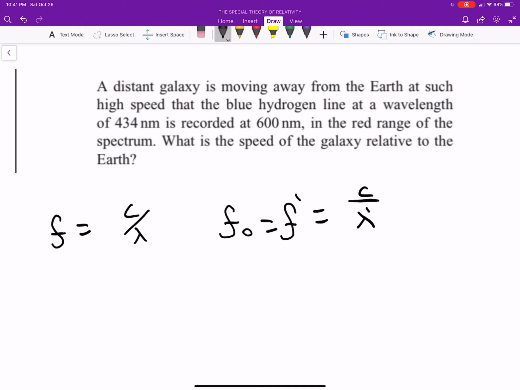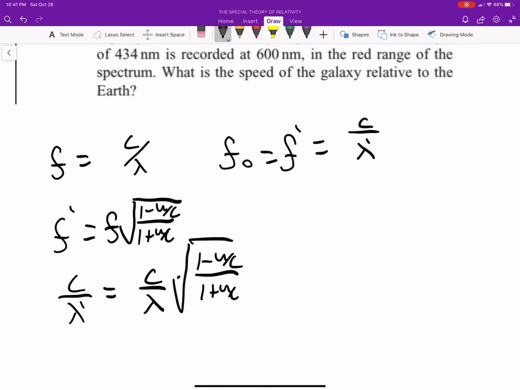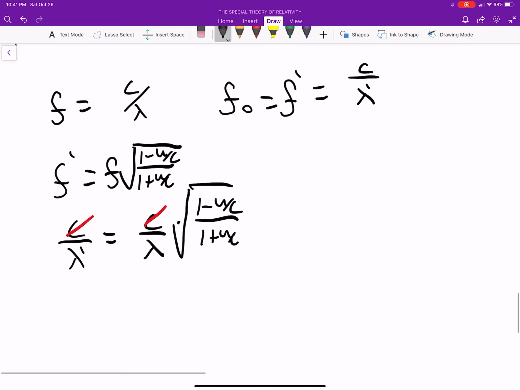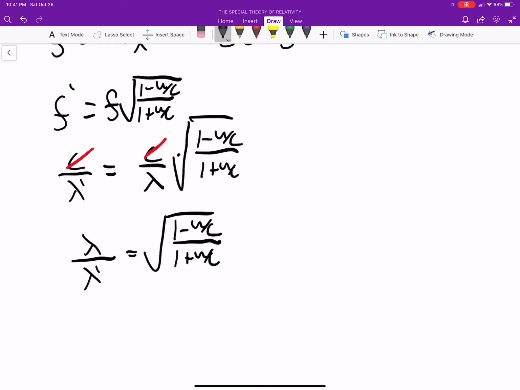So, if we were to do f prime equals f times the square root of 1 minus u over c divided by 1 plus u over c, what do we get? We get c over lambda prime equals c over lambda times the square root of 1 minus u over c over 1 plus u over c. See the c's drop. So we have lambda over lambda prime equals the square root of 1 minus u over c divided by 1 plus u over c, or